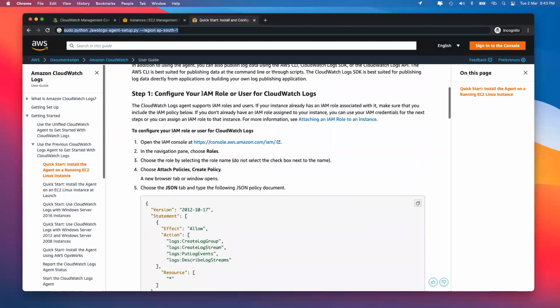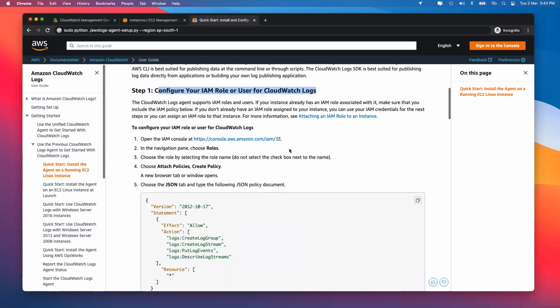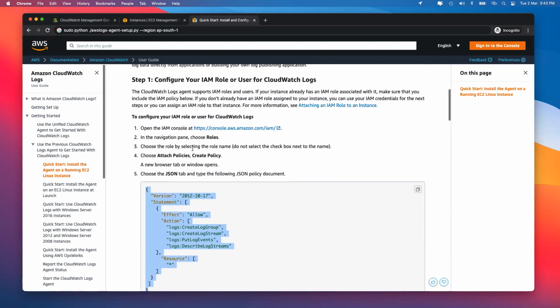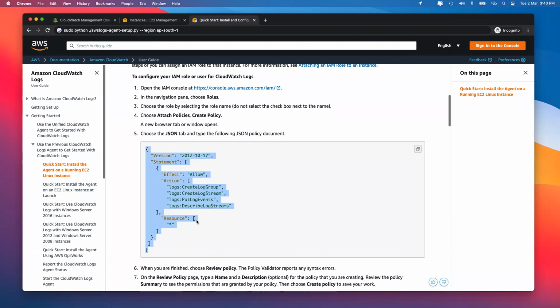What AWS told you in step number one is that you have to either create a role like that, or create a user for CloudWatch logs. So this is the policy that AWS was telling me in the first place, that you will have to create a user over here, or create a role, depending on you. And that is where this all actually started from. So no worries, we'll